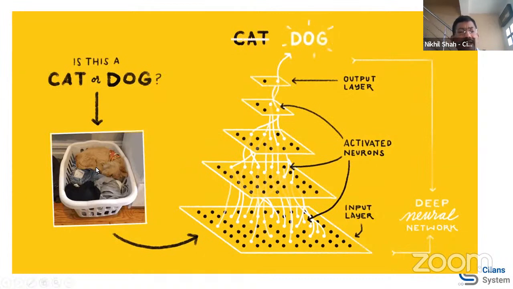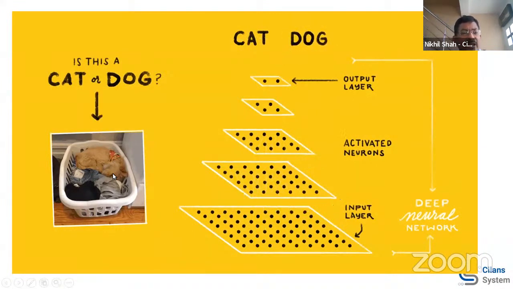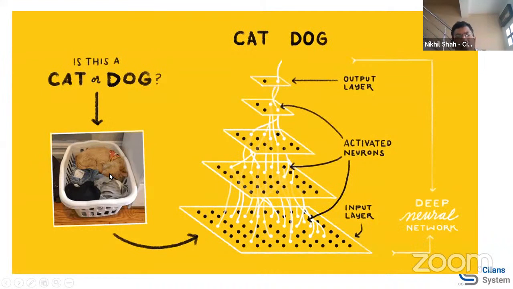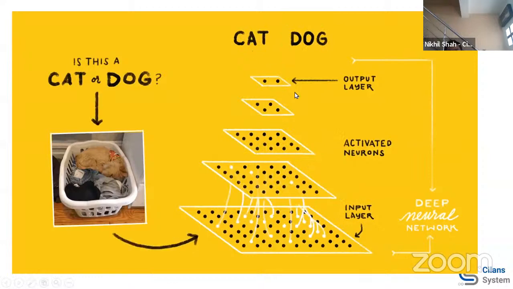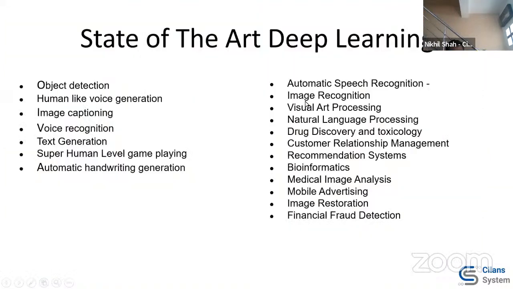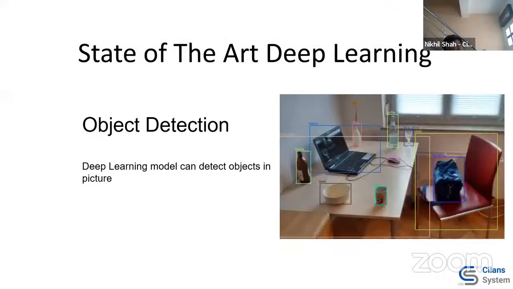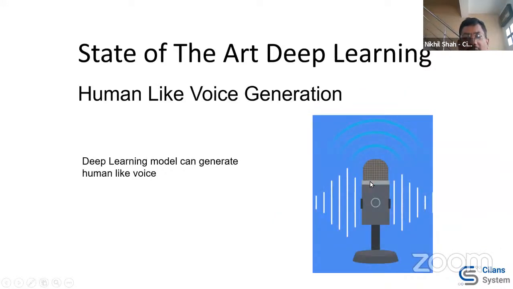So if this image is taken, you might think that this looks like a dog or this looks like a cat. You're not sure, but based on this image and historical learning, this is how the computer would be able to predict and tell you exactly that no, this is not a cat, this is a dog. For object detection, this is very common: this is a laptop, this is a bottle, this is a cup, this is a handbag. Whenever you want to do this kind of object detection, deep learning is relevant.